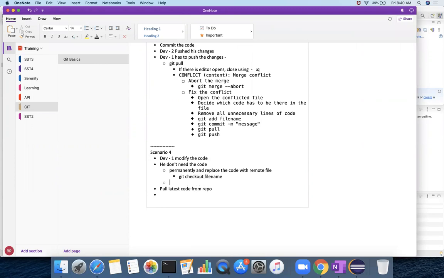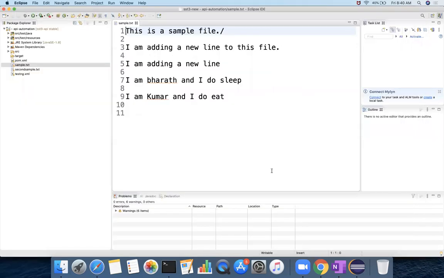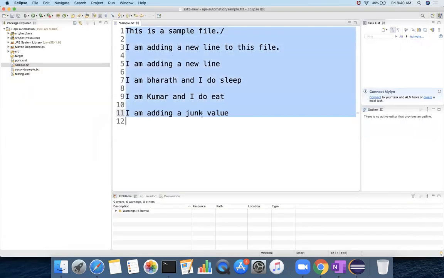The second thing is a feature in Git where, for example, you made a change that you don't need right now, but you may need some other time. You want to check something else in what the remote has.